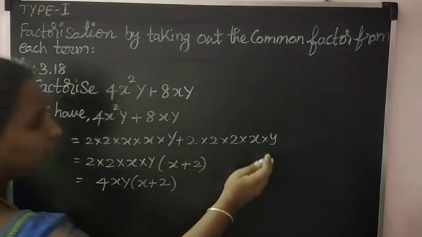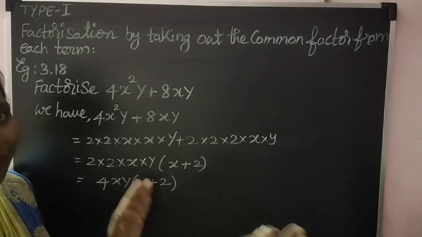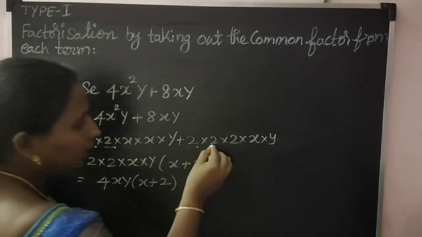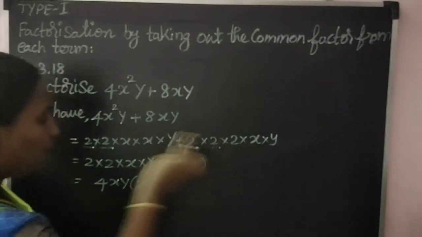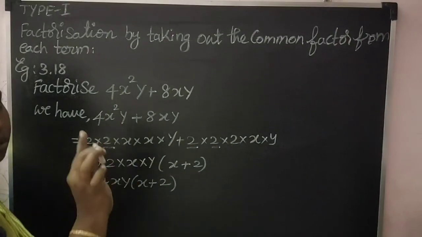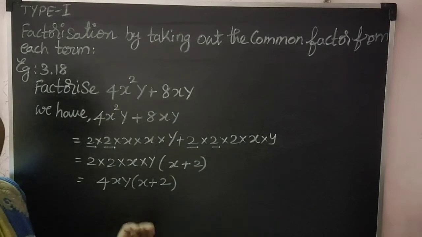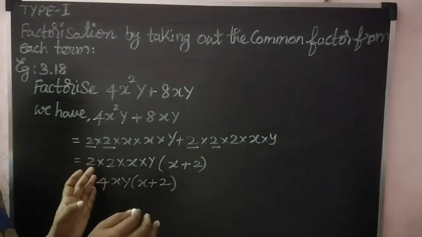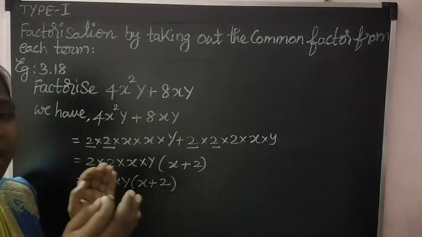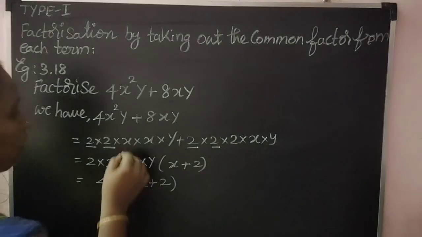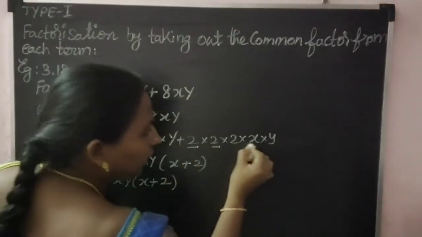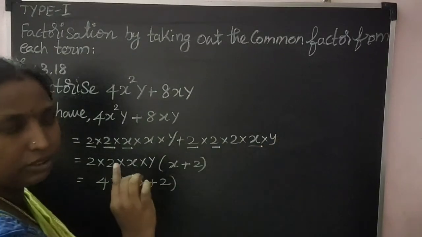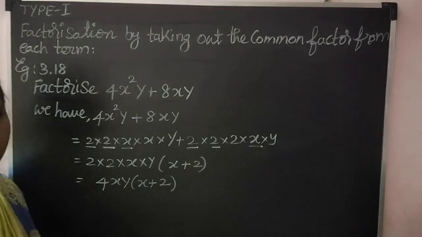Next, in both the terms you have to see what are the common factors. So see 2 is there, here also 2. Here 2 is there, here also you have 2. Here you have 2, but there is no 2 in this, so you should not take that 2. Common factor means in each term, how many terms may be there? Here we have only 2 terms. In these 2 terms, that number or variable should be there. Okay. Next, here you have x, and here also you have x. So here you have another x, but in the next term you don't have x, so you should not take this x as common factor.